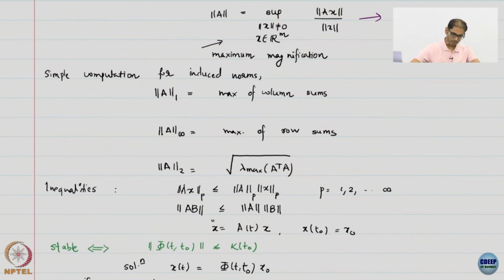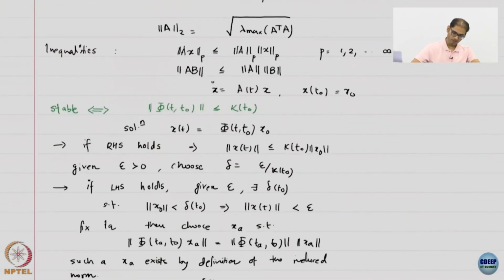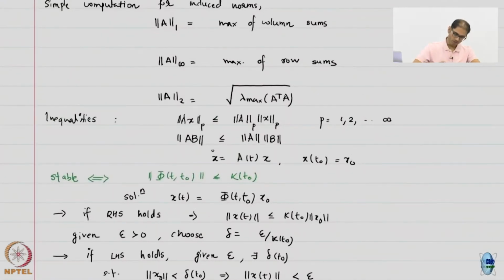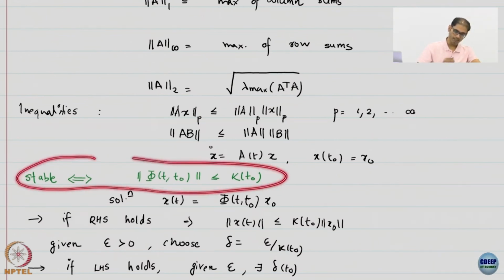Okay, so when do we say that? This is a little bit of proof. So anyway, that's fine. One of the conditions for stability for a linear system is this. So this is a general time varying linear system with some initial condition. Because I have time dependence, my initial condition is also at a particular initial time, not necessarily 0. Alright. So the condition for stability is something like this.